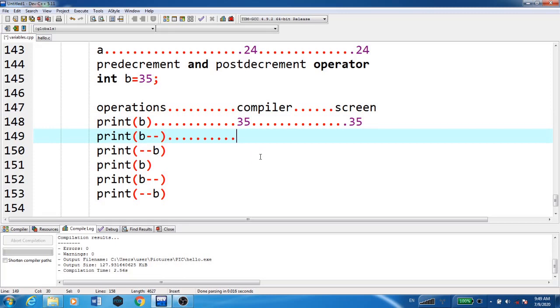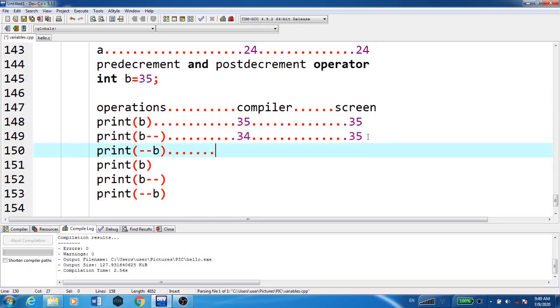B--, so at the compiler it becomes 34, and at the printing time, after the round bracket, we are getting B. The compiler sees this B and it will print the value of B, that is 35, as -- is after B, right? So it will print 35.